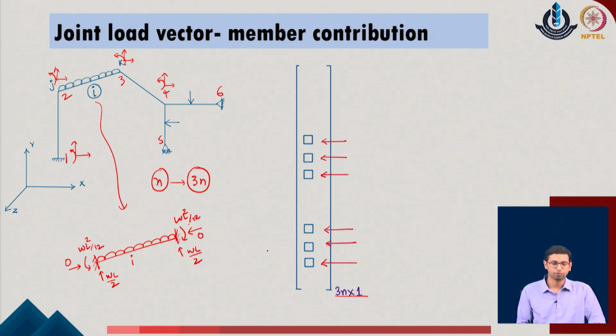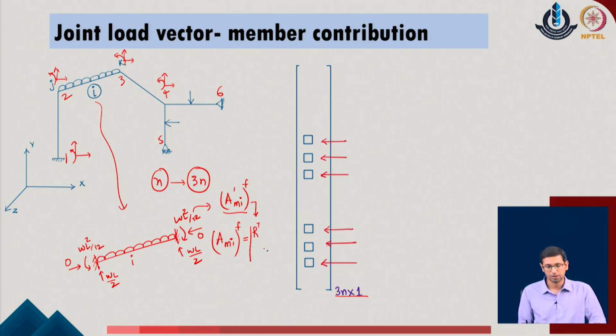Once knowing these values, what one can easily do, we can identify them as the fixed end forces of the given member i in the direction of the individual member coordinates, and this is what we define as an individual vector of the given system. Now, we can convert this vector into the global coordinates of the given system. So, we did that for member i, the fixed end forces can be calculated in the direction of the global degrees of freedom by doing a simple transformation matrix representation, and this is what we get for the given system.